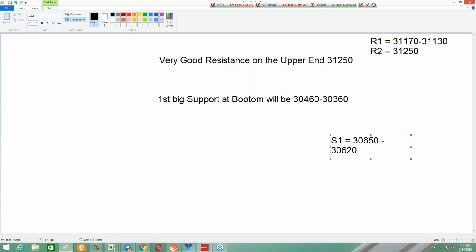And that will happen. This support level will be achieved. Bank Nifty will reach there